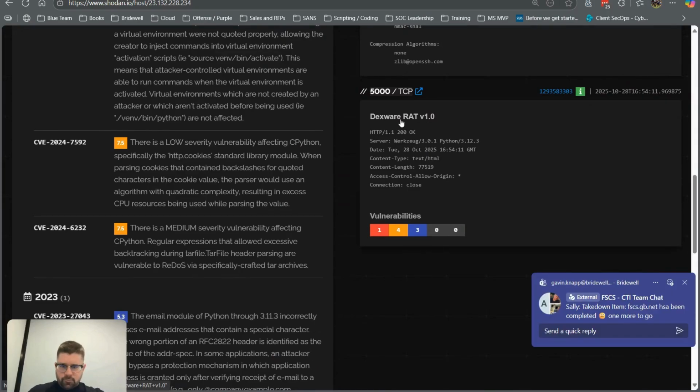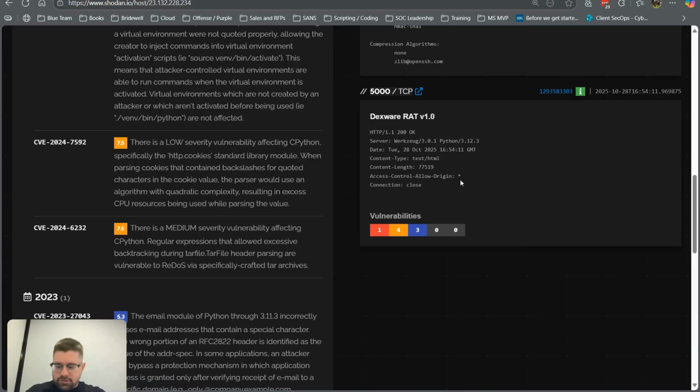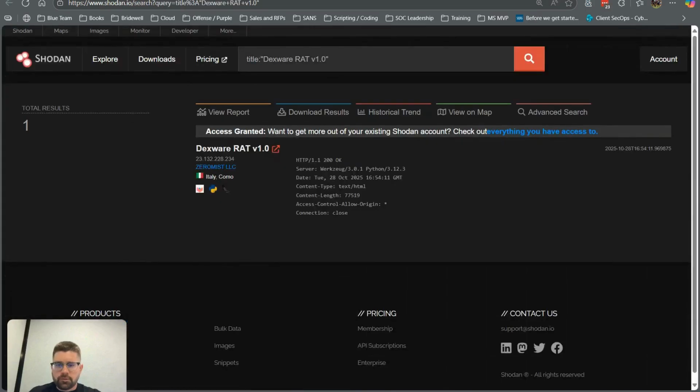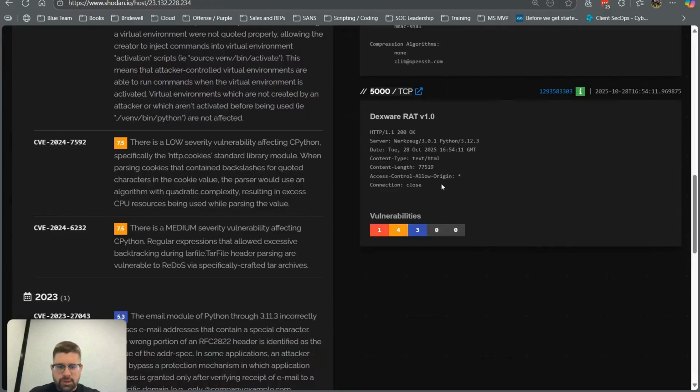So we can dig into that and look at more of it, but immediately, sometimes just from this page we can take a lot out of it. You can see that the title of this page looks like it's going to be quite unique. If we hold control and click on that, we can do a search and see that it looks pretty unique. You can also see the header here, which could be unique. The header alone sometimes isn't enough, as it could just be related to the server that's running, but sometimes it is actually